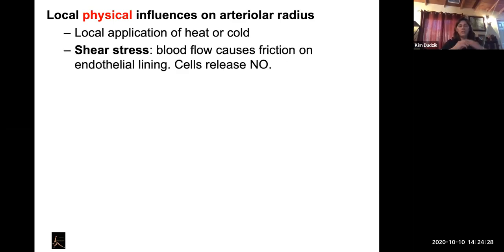Okay, shear stress has to do with causing friction on that endothelial lining. So as blood is flowing through, that actually produces a friction, which over time can wear down the endothelial lining. So this is similar to what I just spoke about earlier. Wearing that down causes a tear in those cells, and they release nitric oxide, and then that's going to cause vasodilation, because with vasoconstriction, remember, a smaller radius, more friction, more resistance. So we want to limit that. We vasodilate, less friction, less resistance, less tearing, less stress on the endothelial lining.